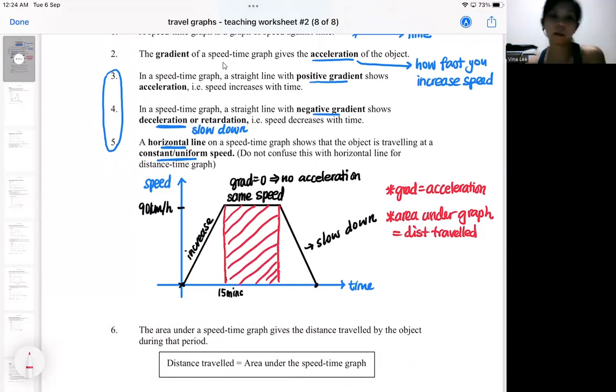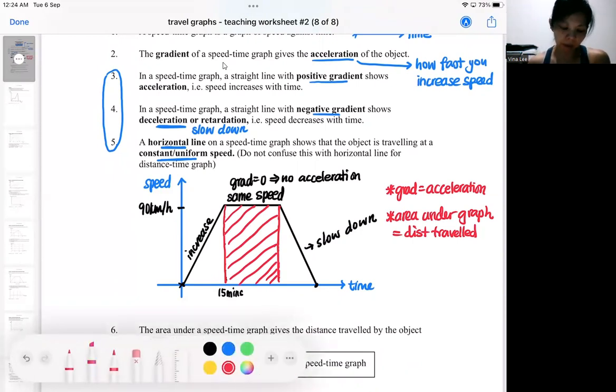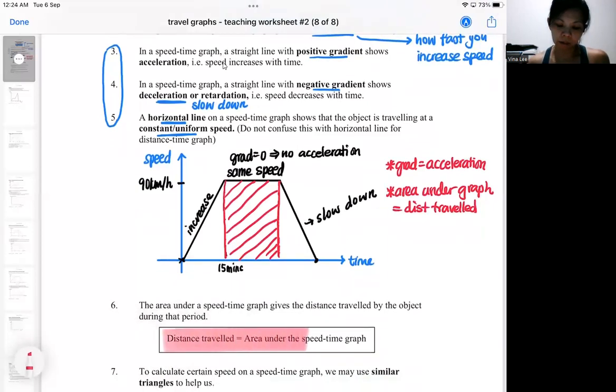So if I calculate the area of this rectangle, that will be the distance I actually maintain my speed on the expressway. So that is another feature on the speed graph, sorry. For a speed graph, we've got two special features. For a distance graph, there's only one special feature. So if you are worried that you forget, I think the moment you see there's a speed graph, you should write down the two features at the side. If you see that there is a distance graph, then you should write down the feature at the side. Okay, and then